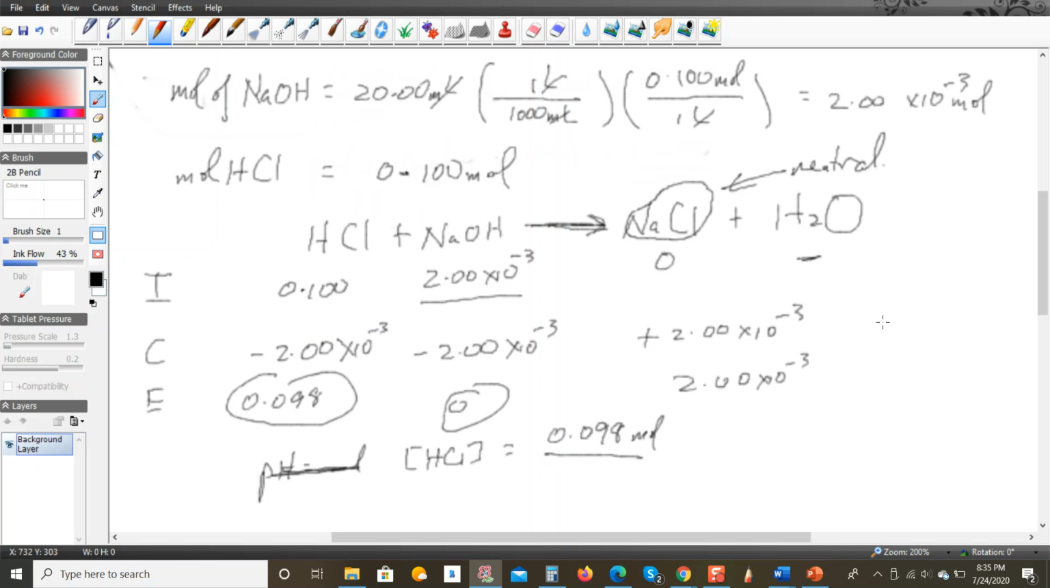Now, what's the volume? The total volume would be the 1.00 liters of the hydrochloric acid plus the 20 mL of the sodium hydroxide, which is the same thing as 0.0200 liters, right? So that's a total volume. So when you add this up, this gives you a total of 1.02 liters. So that would go here in order for you to calculate the concentration. So when you do that calculation, according to my numbers, the answer becomes